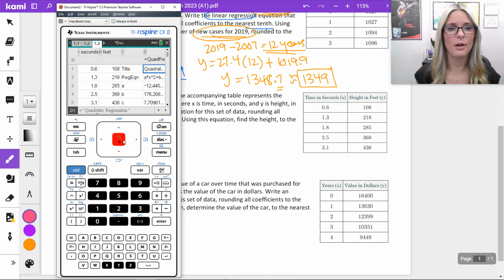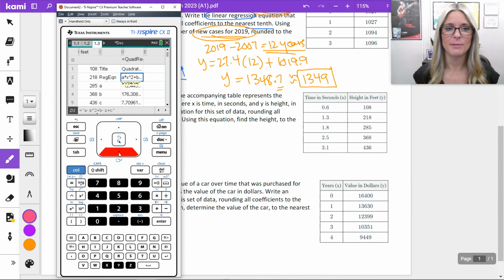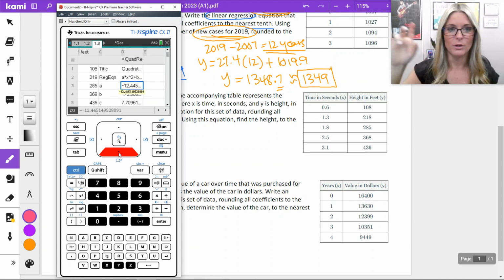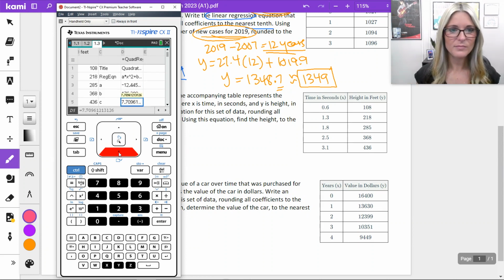From this second problem, I told it to give me a quadratic regression. There is my formula, ax squared plus bx plus c. I can see it written in a little bit of yellow box, but it's also written down in the bottom gray equals box. And then our a value should be negative 12.445. And there's more. Do you see in that gray box at the bottom? There's a 149 if I needed more. And then B is 176.3. C